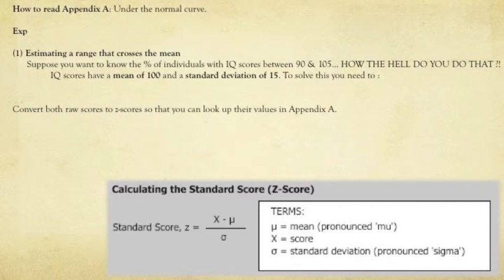So I just want you to pause the screen and read it and plug those numbers in. So 90 subtracted by the mean, which is 100, divided by the standard deviation of 15. And then you repeat that with 105. Then you look up the z-values in Appendix A. When I was looking for the z-score for 90, I got minus 0.67, and then I was looking for it